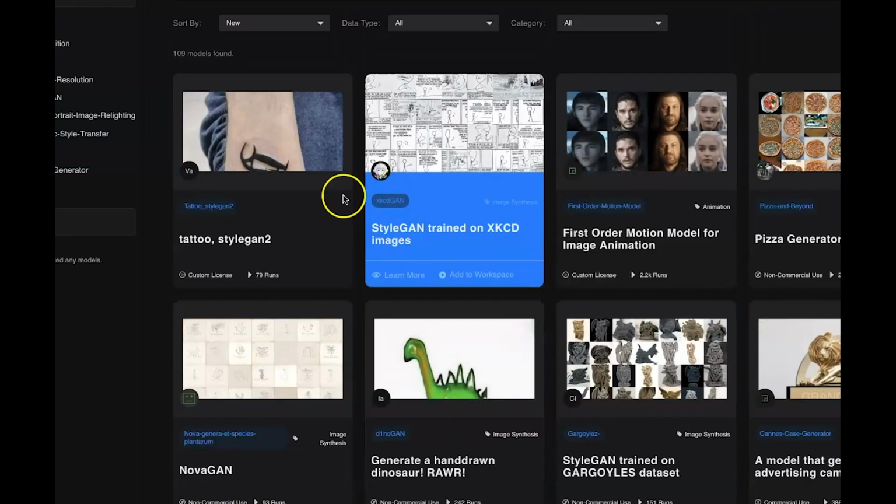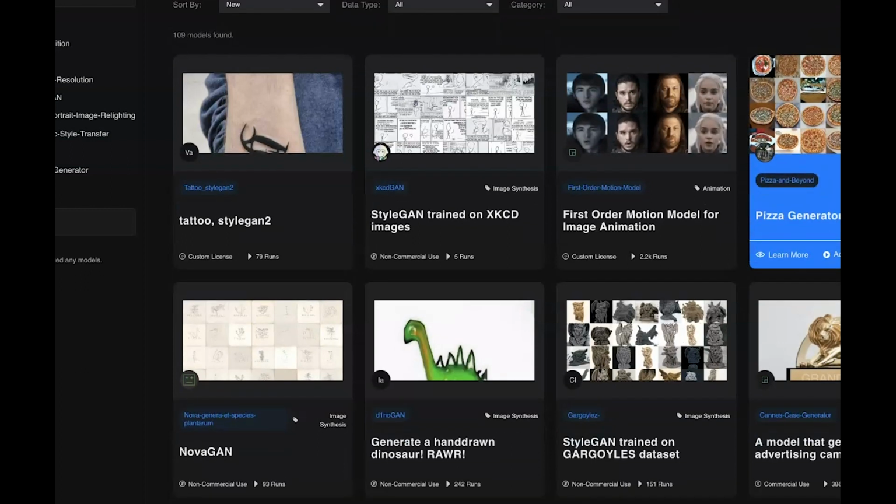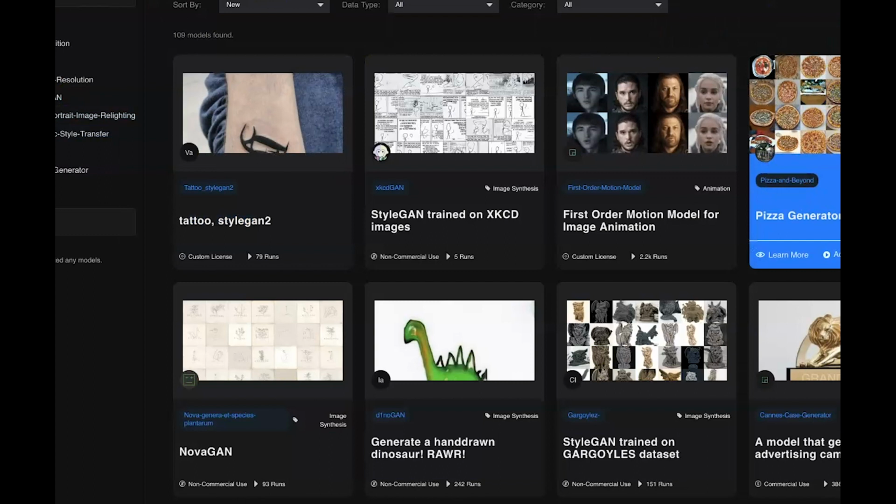So you can browse here. You can find a lot of models, and things that look really stupid. For example, a pizza generator, which is quite dumb. But what's behind this is interesting, especially for designers and architecture, because now with the option of training your models, you